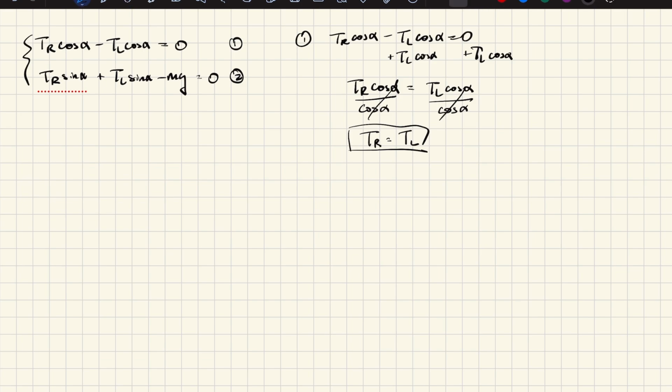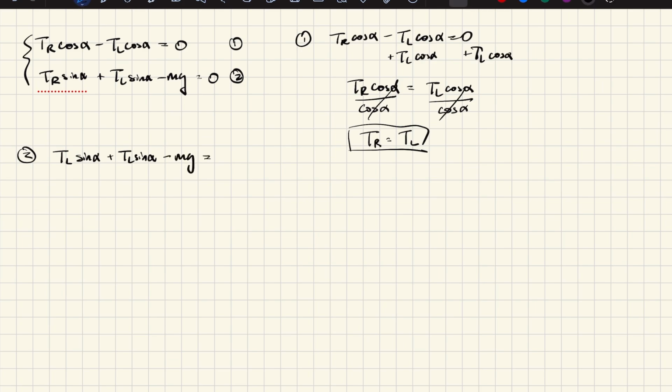Okay, so we find that the tensions in both our arms are the same. And maybe this shouldn't be so surprising, right? We're hanging kind of symmetrically from the monkey bars, so there's no difference between what our right and left arms are doing. But now that we know that TR and TL are the same, we can work with our second equation. And every time we see a TR, we can just replace it with a TL instead because we know they're equal, right? And so our equation will now read TL sine alpha after replacing the first TR plus TL sine alpha